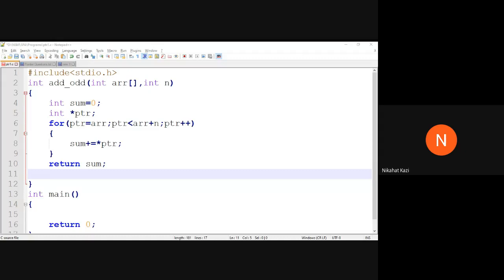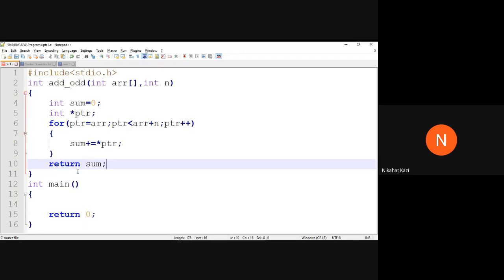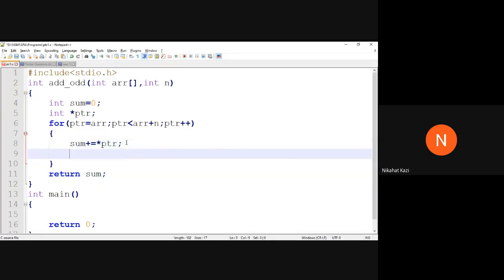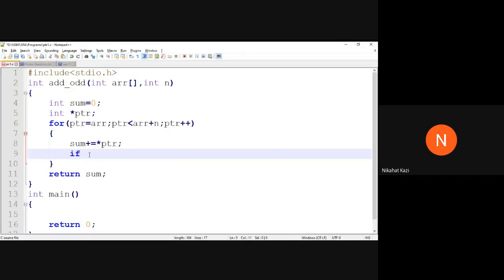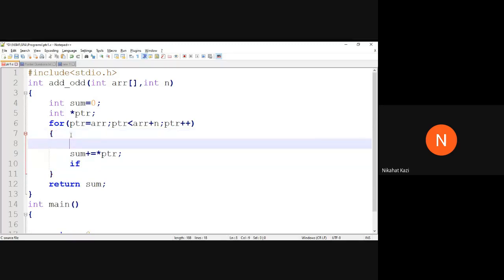There is a change you need to make. We have to check whether the current element is even or odd.